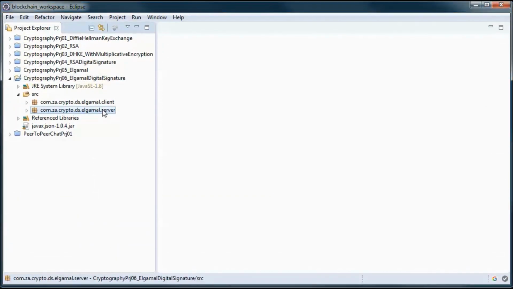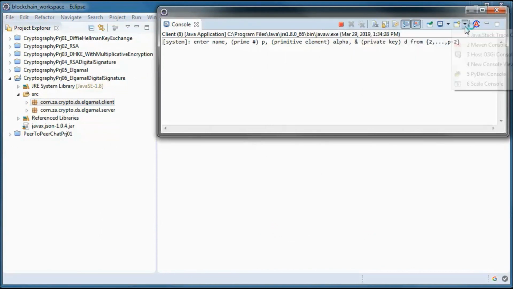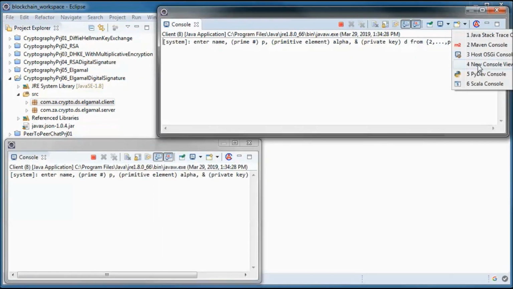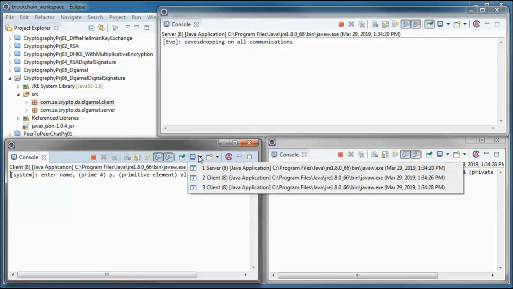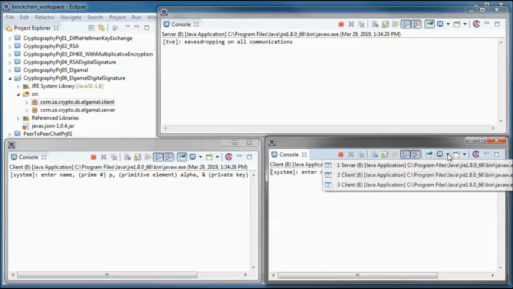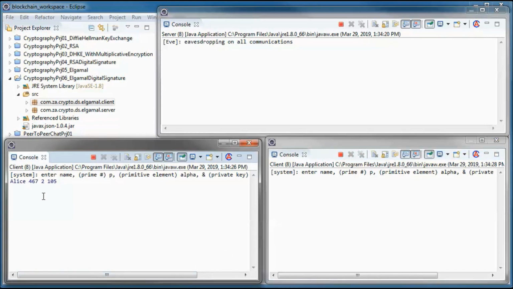And finally, let's go ahead and test run the application. So we will have a server and two clients. And this will be the server, and this is the first client, and this the second one. And Alice will have this value for p, and this one for the primitive element alpha, and this one for the private key d.